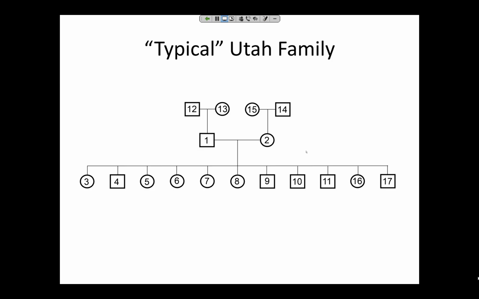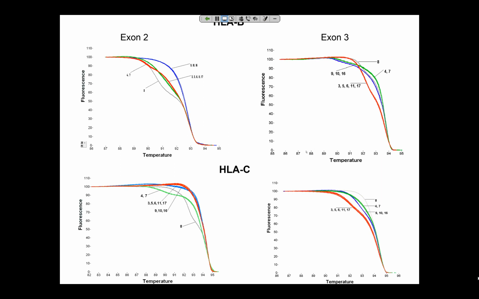So in this case, I'm presenting from Utah. Here's a family with 11 siblings for demonstration purposes. And all of the siblings here are going to be melted over the HLA region. And we'll look at 4 different regions of HLA-B and HLA-C, of an exon 2 and exon 3. These are the highly variable regions of these 2 loci. And what you'll notice is those 11 children in each case cluster into 4 different melting curves